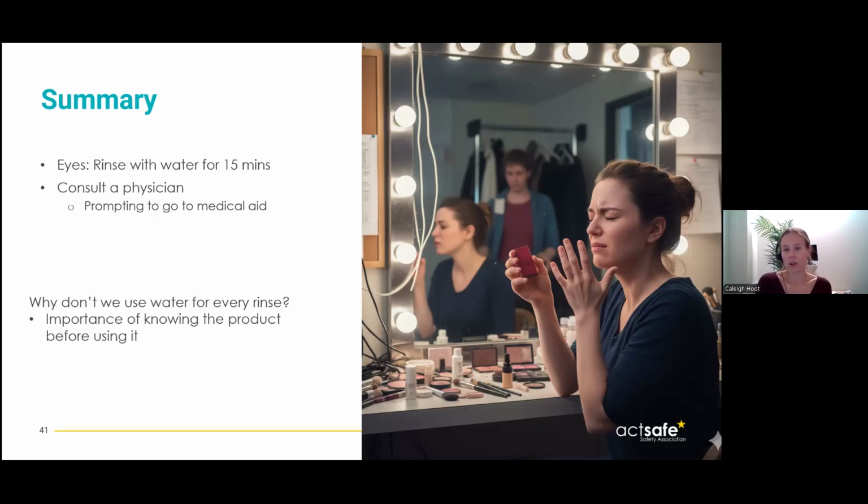So phenol penetrates the skin and eyes very, very quickly. Rinsing with water actually makes things a lot worse. So it spreads it out across the skin and makes for an increased absorption. Your SDS will tell you to use a fat-based neutralizer, so not water. You want to flush the affected area with a fat-based neutralizer. This works because the substance dissolves the phenol and then prevents it from soaking further into the tissue, right?